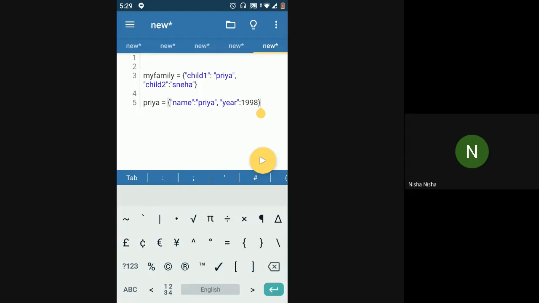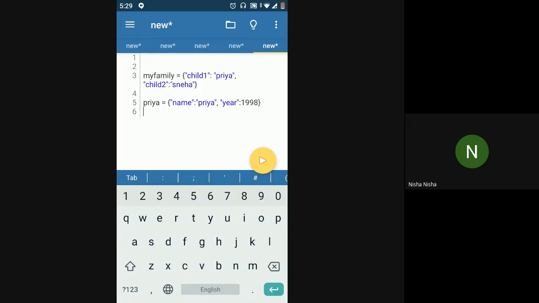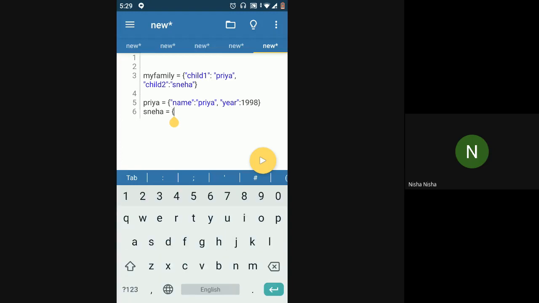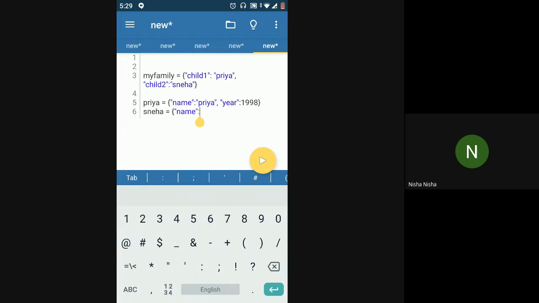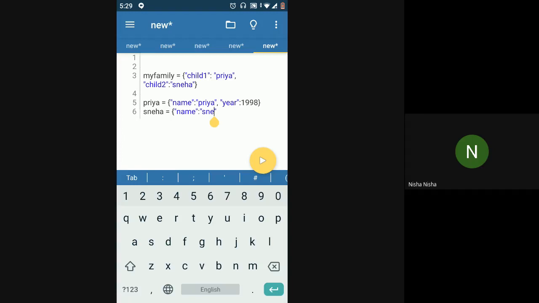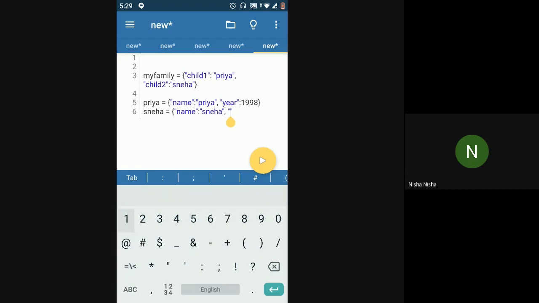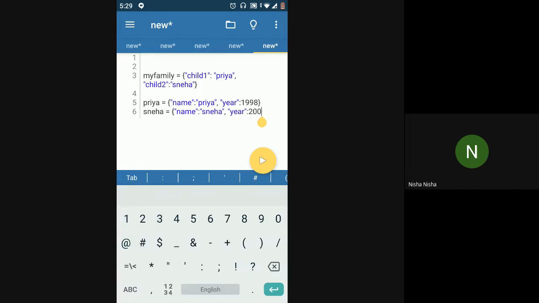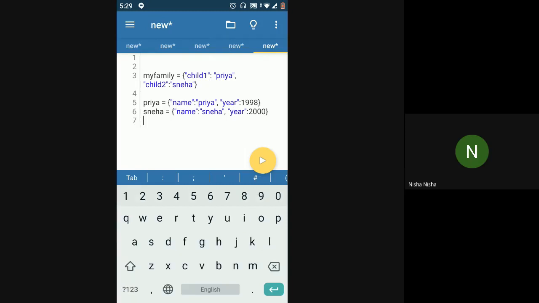So this is one dictionary, and then similarly I'm creating one more dictionary for the second child. In this case also I have the same elements, same keys basically. Then you have year.